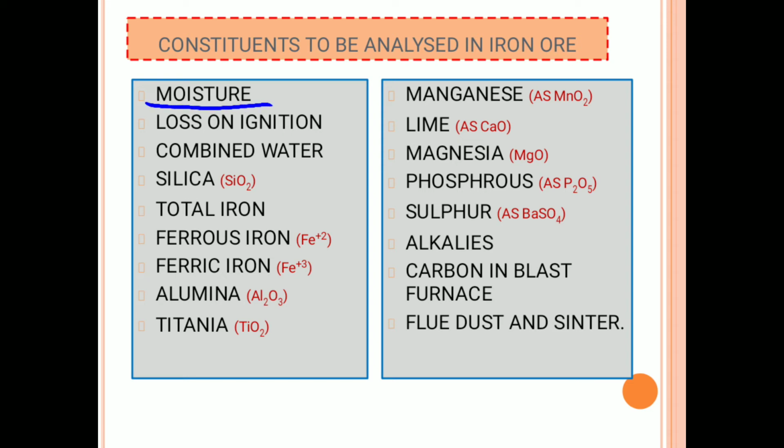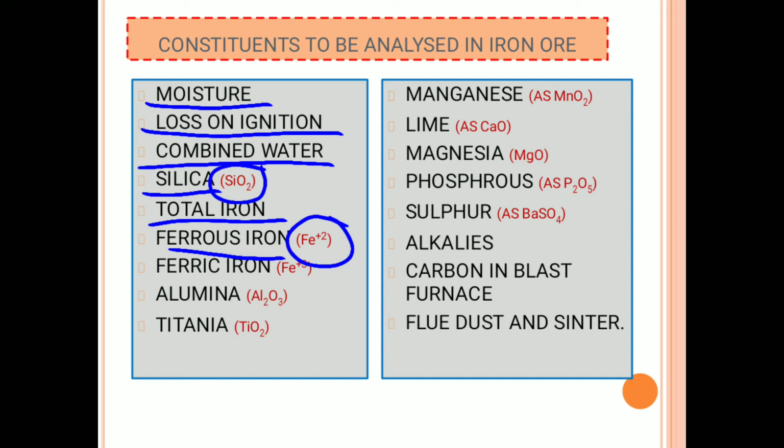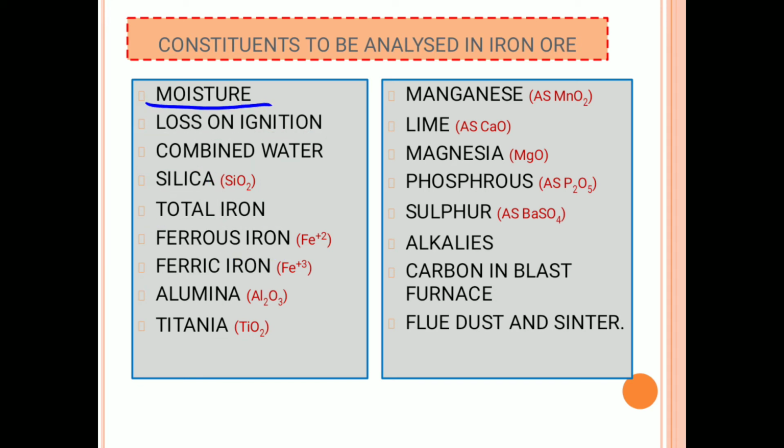They are moisture, loss on ignition, combined water, silica formula SiO2, total iron, ferrous iron, that is Fe2 plus, ferric iron, that is Fe3 plus, alumina formula Al2O3, next titania formula TiO2, next manganese, estimation of manganese is done as manganese oxide, that is MnO2, lime as CaO, magnesia formula MgO, and estimation